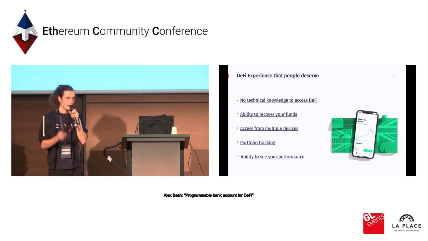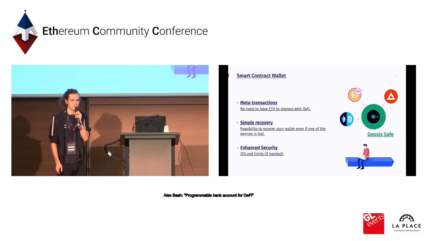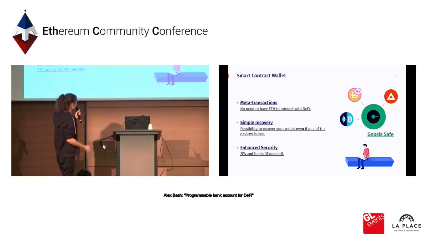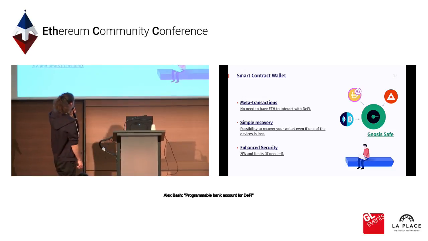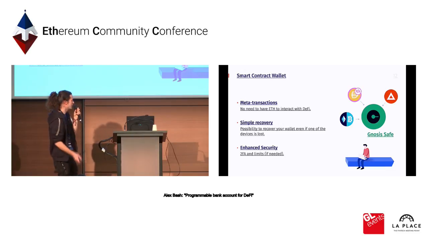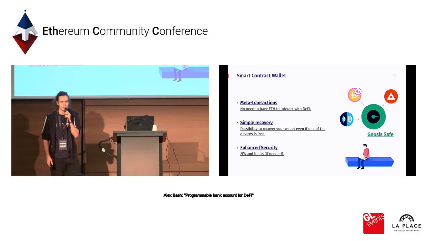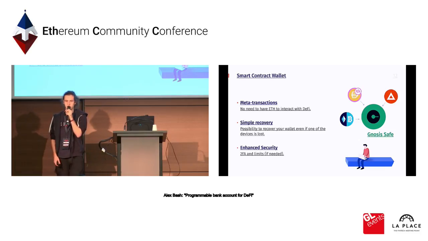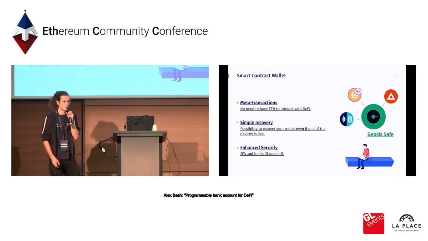And luckily, half of those things are already solved with a thing called smart contract-based wallets, and there are lots of different variations of that. I personally prefer the Gnosis Safe implementation, but basically it solves the first 4 problems that I just mentioned, which means that you can have meta transactions, which means that our users don't have to know anything about the underlying technology. They don't have to have Ether in their account, and they can pay for transactions in any asset, so they can easily deposit, let's say, stable coins into any protocol without even the knowledge that they are built on top of Ethereum.